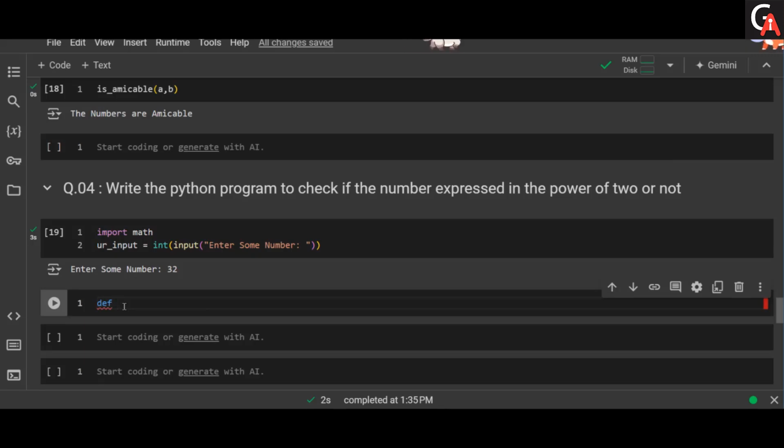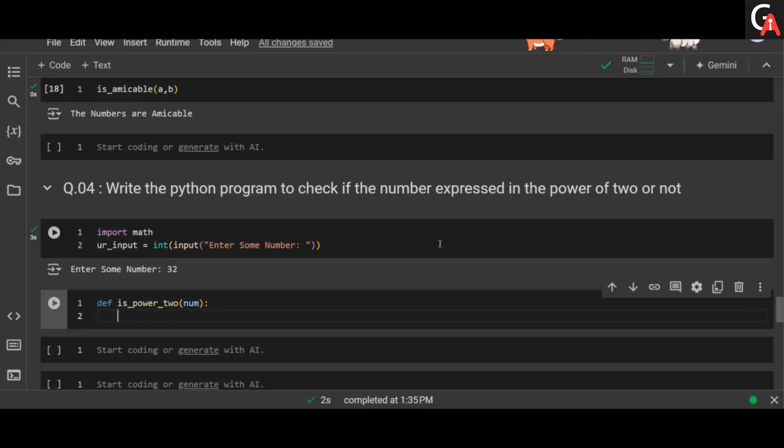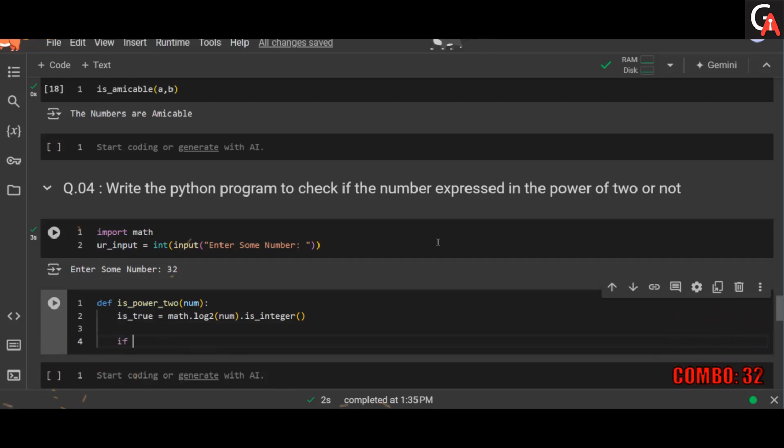The function is called is_power_2, and let me take one number as a parameter here. I'm simply returning is_true, my variable. I'm just checking whether math.log2 of the number we have is an integer. If it is the case, then we will check the if-else condition. If is_true,